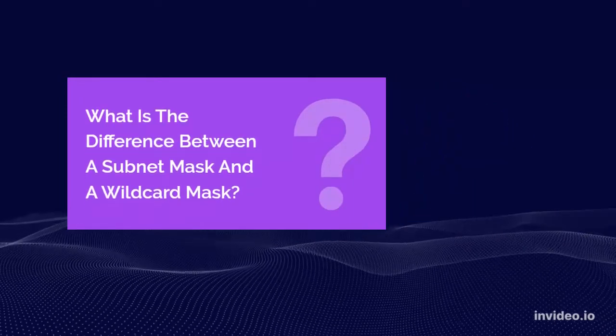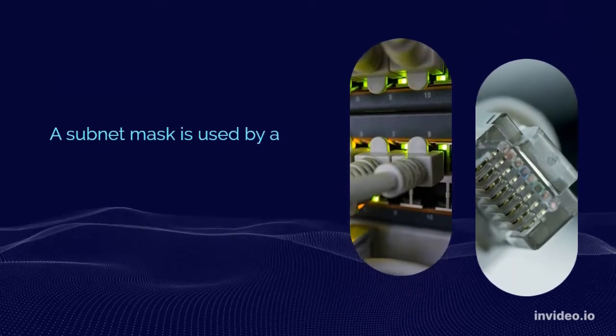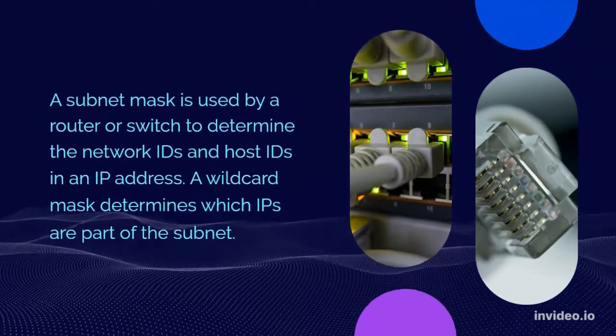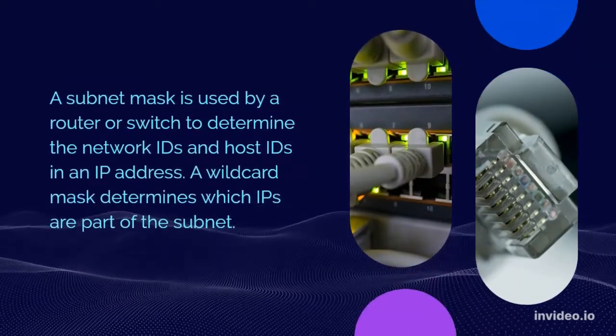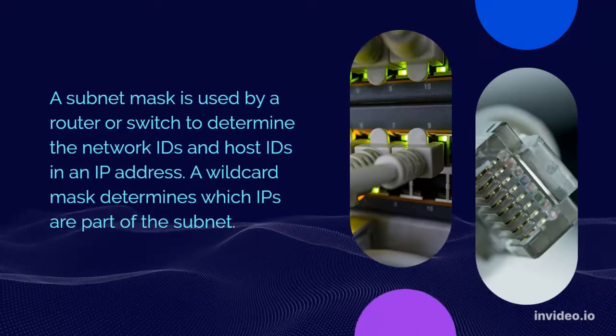What is the difference between a subnet mask and a wildcard mask? A subnet mask is used by a router or switch to determine the network IDs and host IDs in an IP address. A wildcard mask determines which IPs are part of the